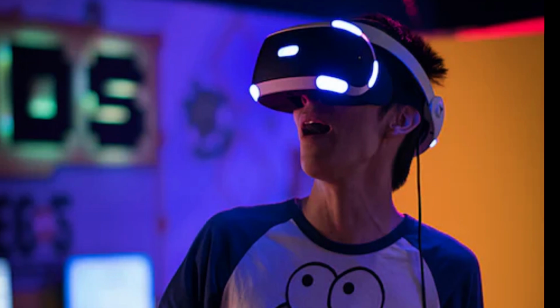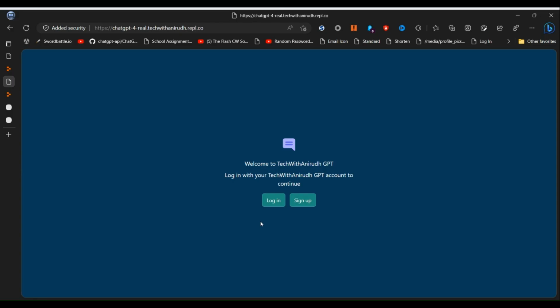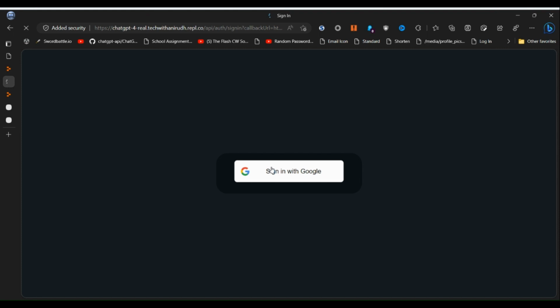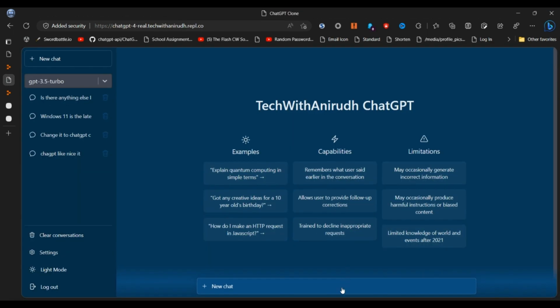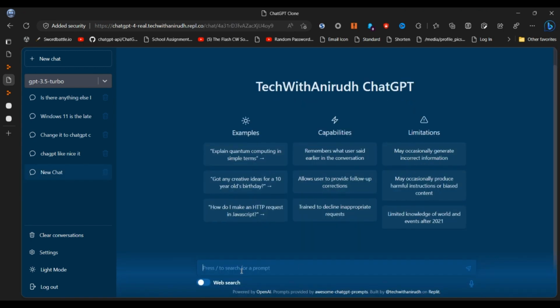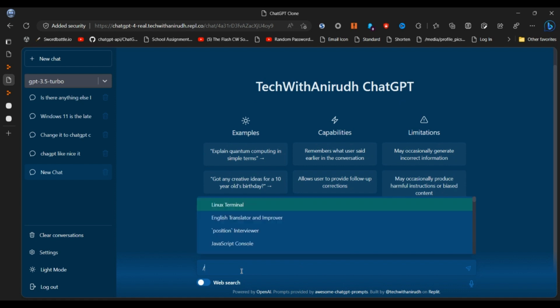So first, where you need to go is chat.techwithanirudh.com. Now, you need to log in or register with your Google account. So let me click on login and sign in. So this will start chatting. First, you need to click on the new chat button. So here, the special feature about this is it'll give you a list of prompts which you can